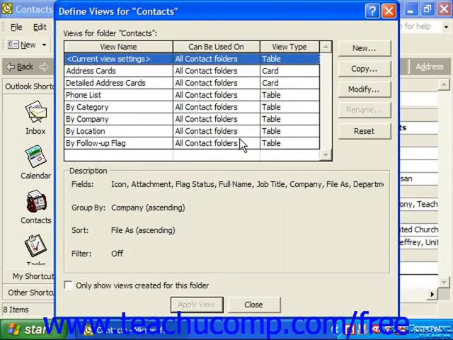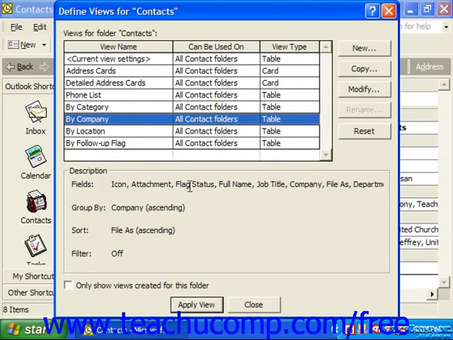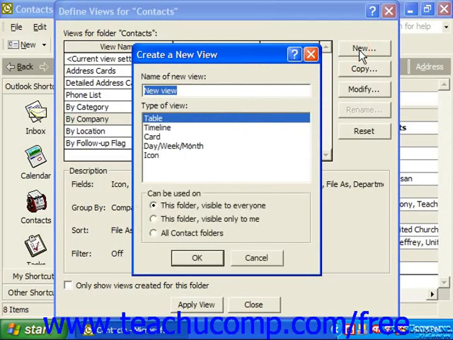Here you can select any view that you want. You could simply apply it by clicking the Apply View button at the bottom of the dialog box. You could modify it by clicking the Modify button over at the right. Or if you wanted to create your own, you could click the New button, which launches the Create a New